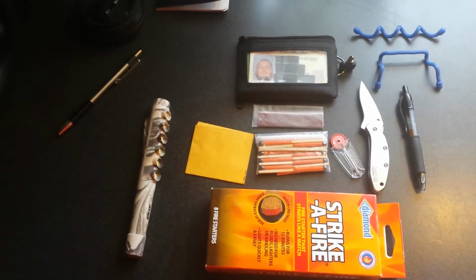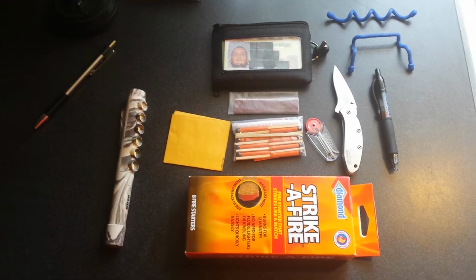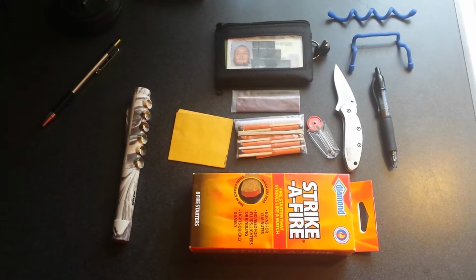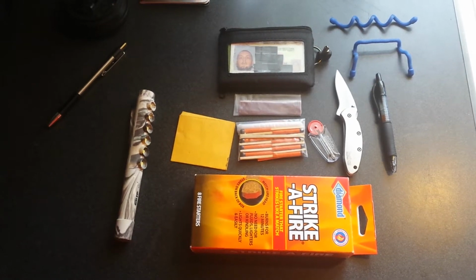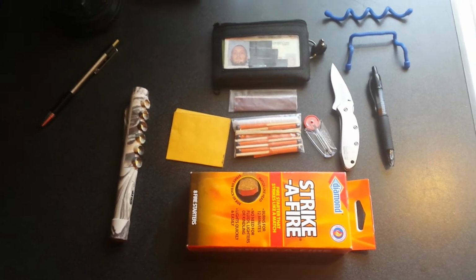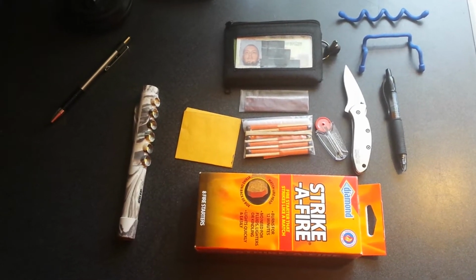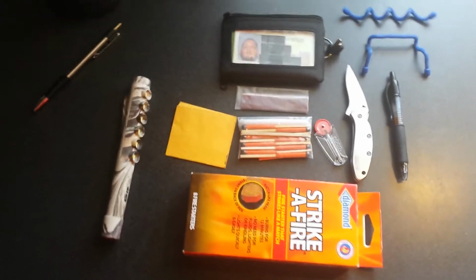Alright guys, getting back on track here. I had a few things I wanted to show you. These are some of the newer things that I've gotten lately that I've been taking with me. Some are part of my everyday carry, others tend to stay in my bag. But what we've got here is